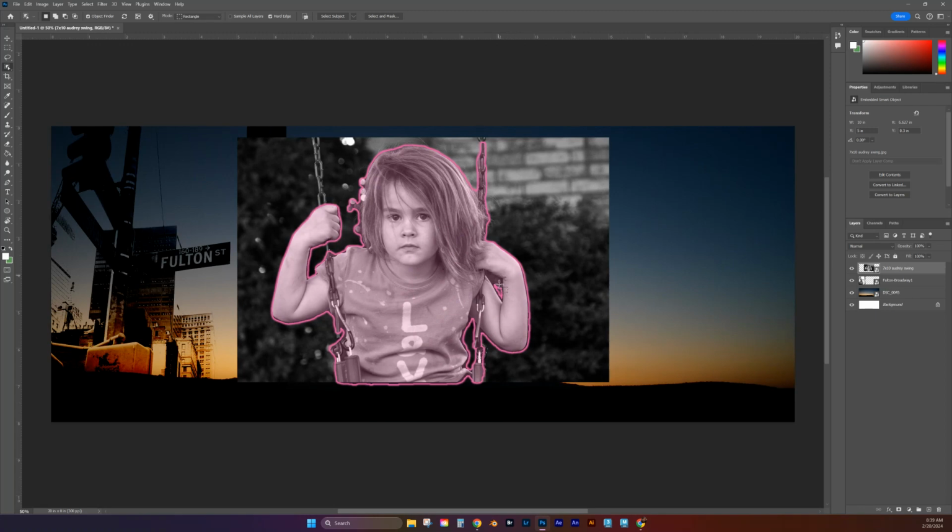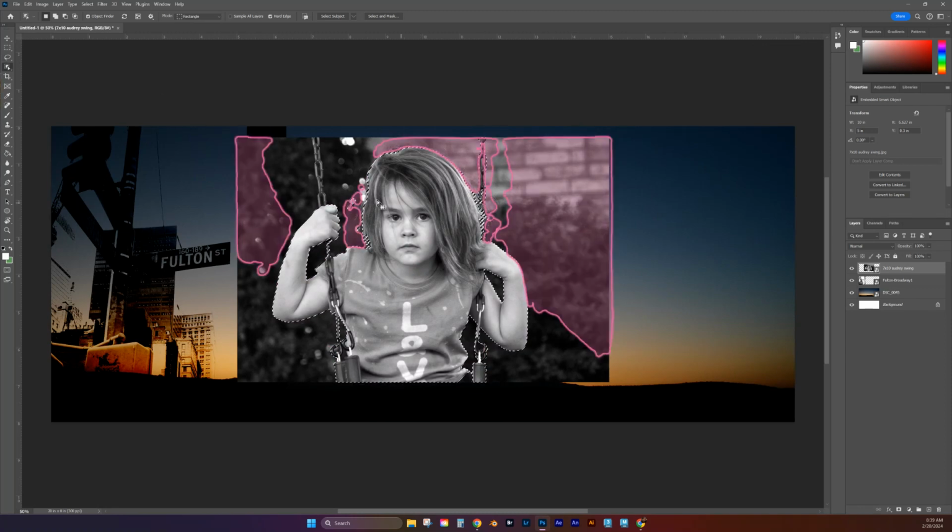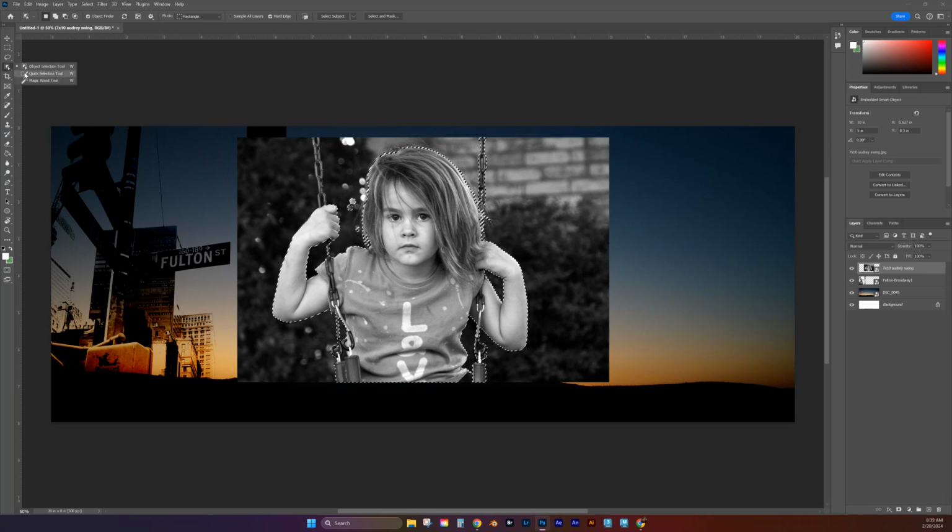It selects around her, around the swing, goes up the swing a little bit, but it doesn't go up part of the other. So if I say, yes, I like that, I'm going to click on that. And you see, once I click on it, it creates these dotted lines that look like ants marching around her. I'm going to refine this a bit, and I'm going to use my quick selection tool. So if I click and hold on this, go to that tool,